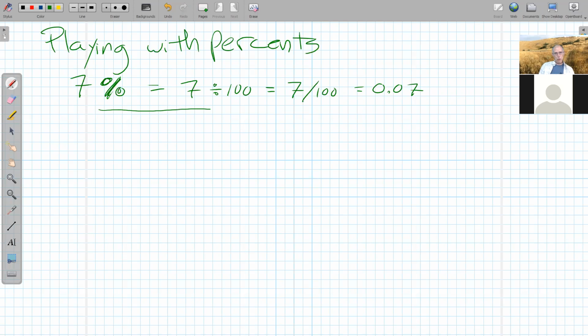So changing to a regular number from a percent is pretty easy. We can just say, hey, divide by 100, there's a fraction, or change it into a decimal. Going the other way, instead of taking a percent to a regular number,